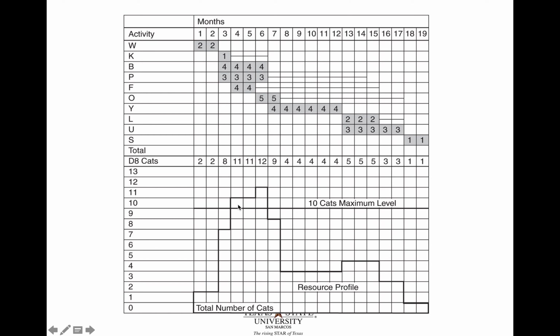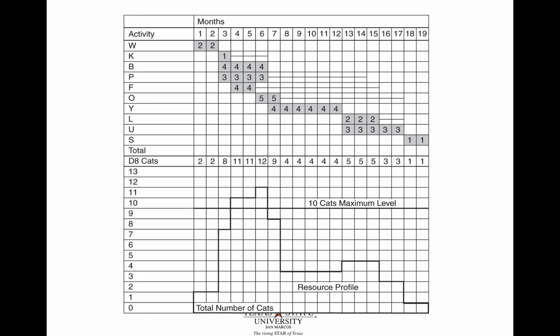We go over 10 here by needing 11, and right here needing 12. Again, in this specific example, this piece of equipment is very expensive. It's probably also very expensive to rent, and the operator is probably very expensive and needs specific training. So it's not just trivial to say, let's just get another one. So we probably want to just stay with our 10, and if we can, we probably want to stay